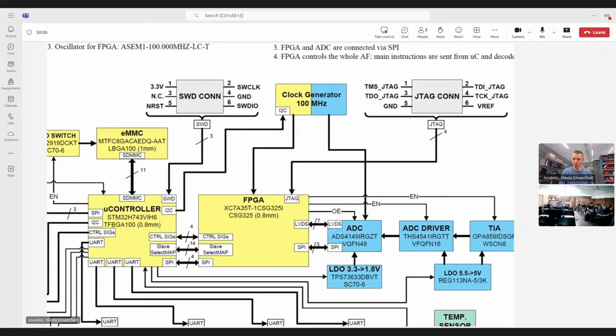Okay, yeah, that's a valid reasoning. I would say both of these. So yes, you don't want, as the first colleague said, long traces where we have clock signals going around the PCB. Yes, we don't want that. Of course, we don't want that. That's the right approach. The approach that we actually have it very close to both, so to have more or less the same distances, is also a valid approach. I would just,